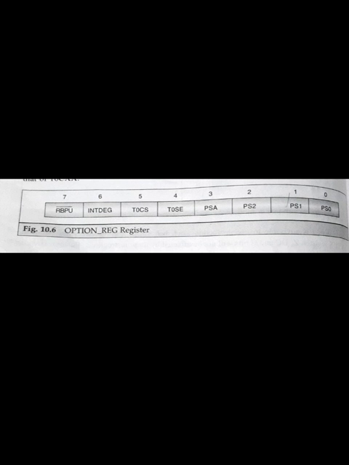If it is 1, transition on the RA4 or timer clock pin, and if it is 0, internal instruction cycle clock, that is the clock out.